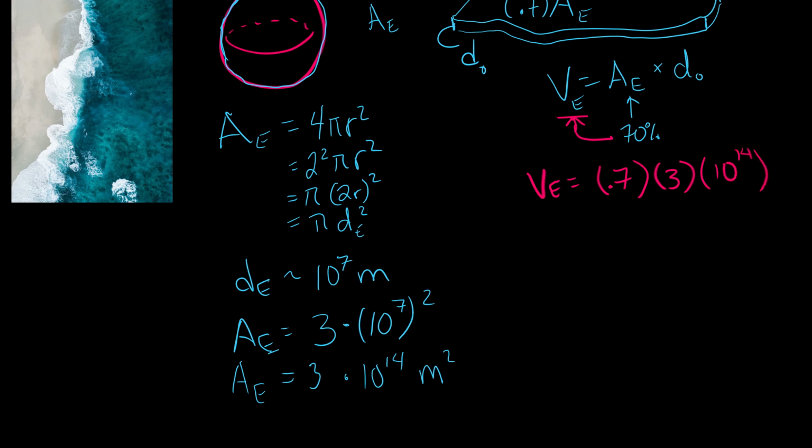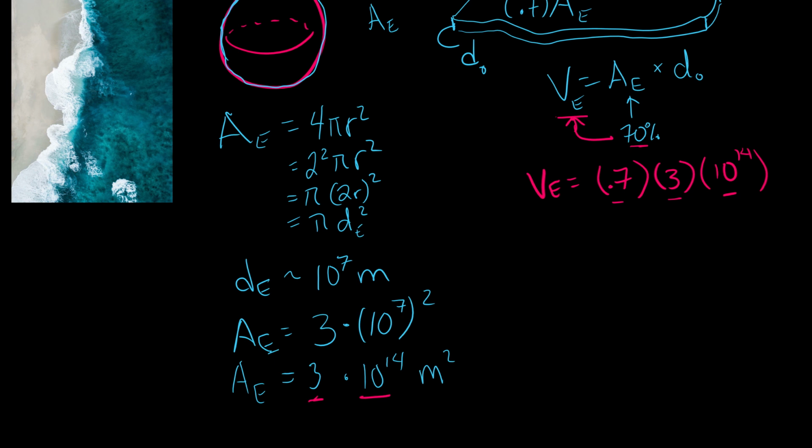Okay, so that comes from the 70%, that gave me 0.7, the 3 came from here, and the 10 to the 14th came from right there. I don't know why I switched to parentheses. I'll switch back to the multiplication dot. Okay, so